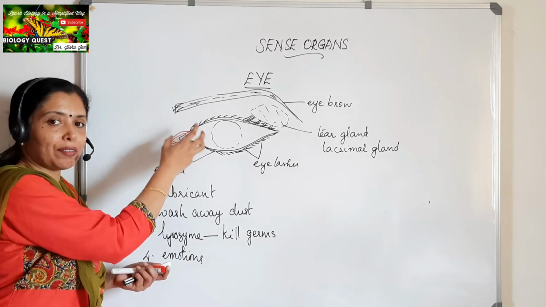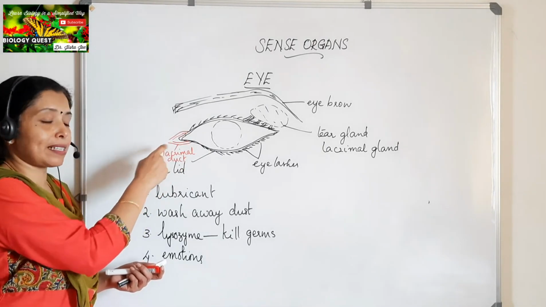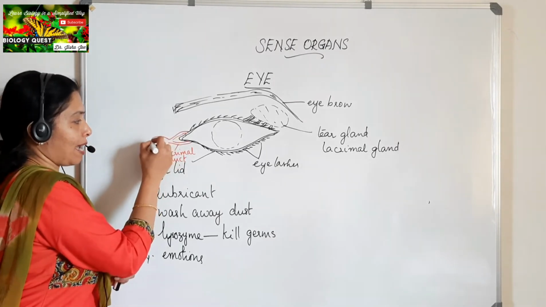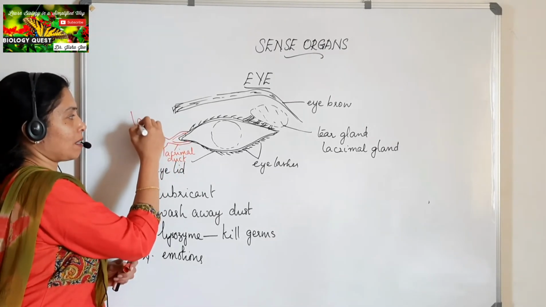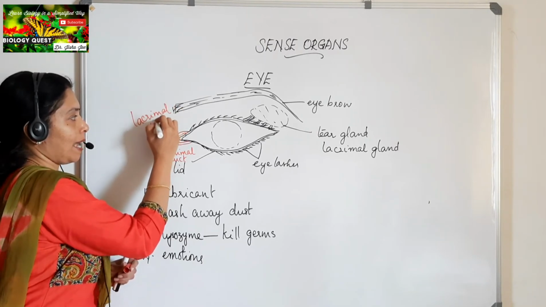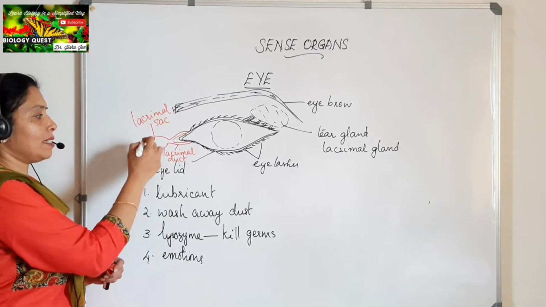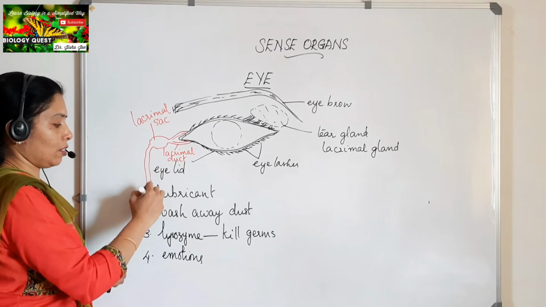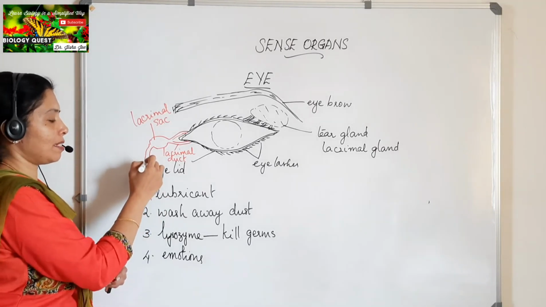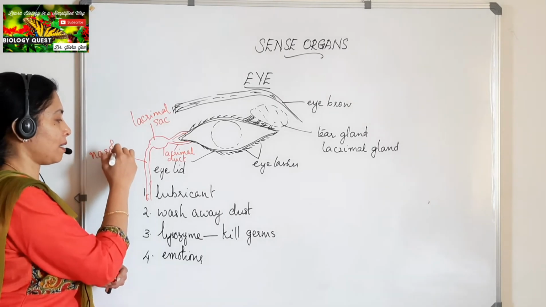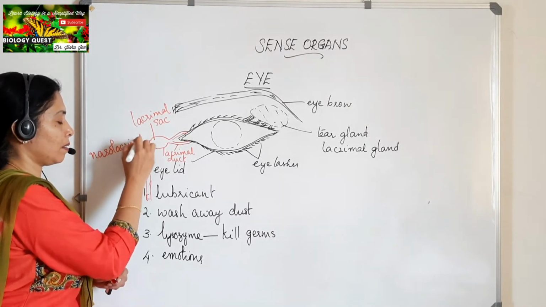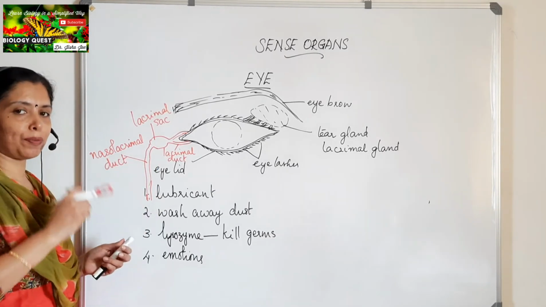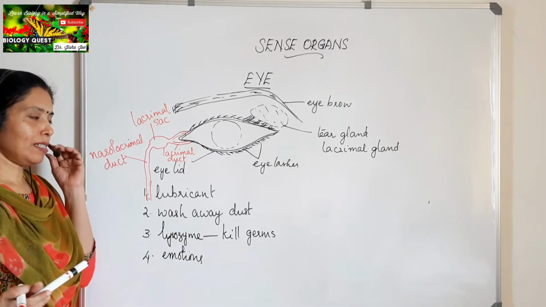The excess liquid in the eye is drained out through these ducts that are present on the inner angle of our eye into a sac that is present there. This is called the lacrimal sac. And this sac is in contact with a duct inside the nose. This duct is called the nasolacrimal duct. And it is through this duct that our nose gets filled with the medicine or the excess liquid.